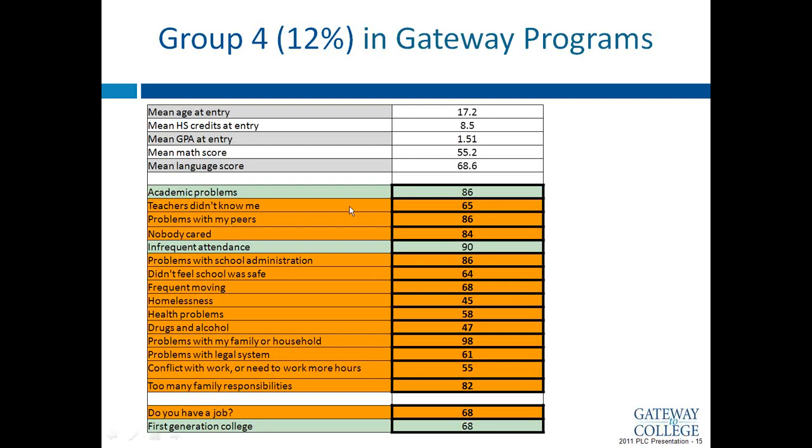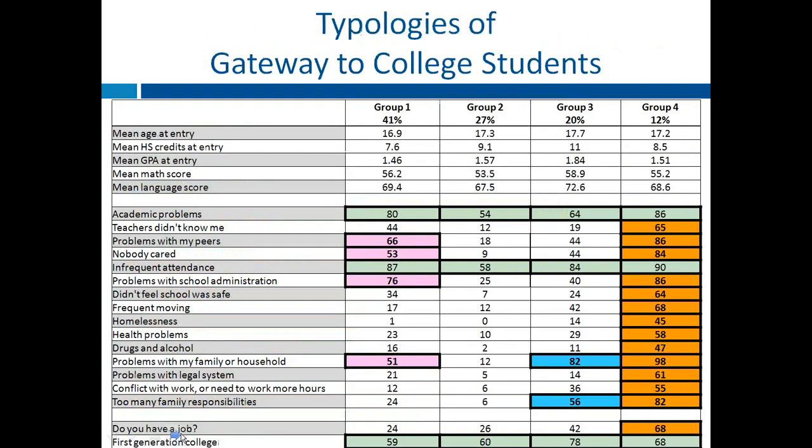All right, so we're going to take a quick look. This is all the information that we've just talked about, but all together on one slide so we can make some comparisons. Are there any questions at this point about the groups themselves before we talk a little bit about how to best use this information? I'm sure there are questions out there about these student types.